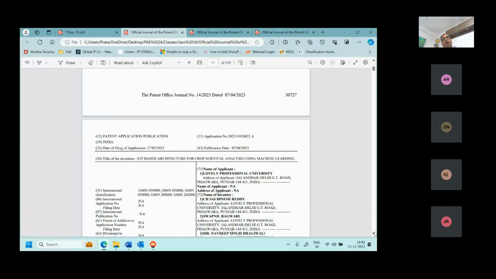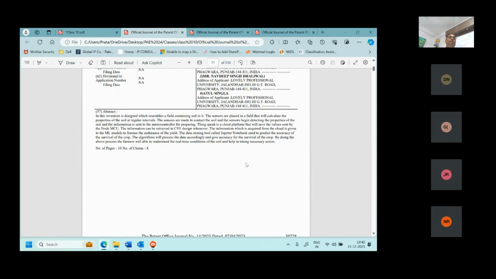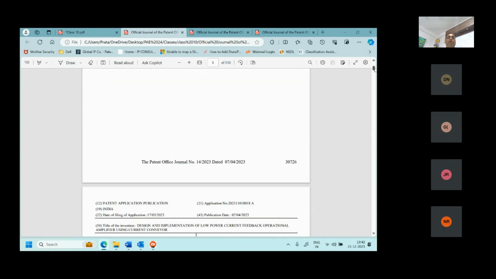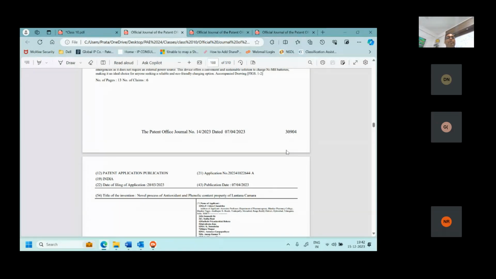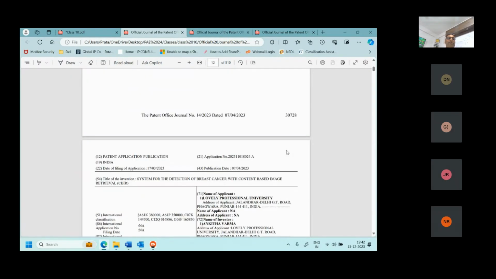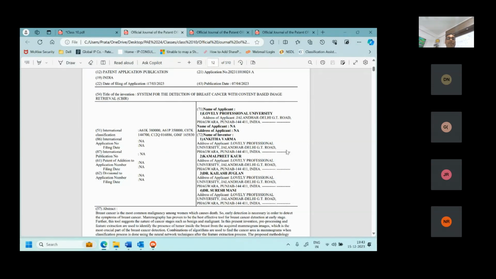You can search the published application using these numbers on the patent public search website. You can go through the recent official journal and read the abstract and title, just to understand how the applications are titled or numbered. That will help you. Every time the question is, where should I read the title? You can read the title as well as the abstract here.